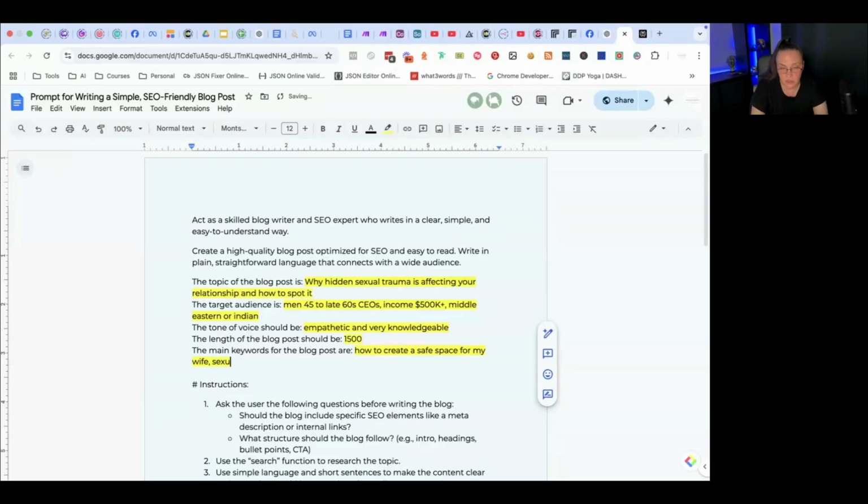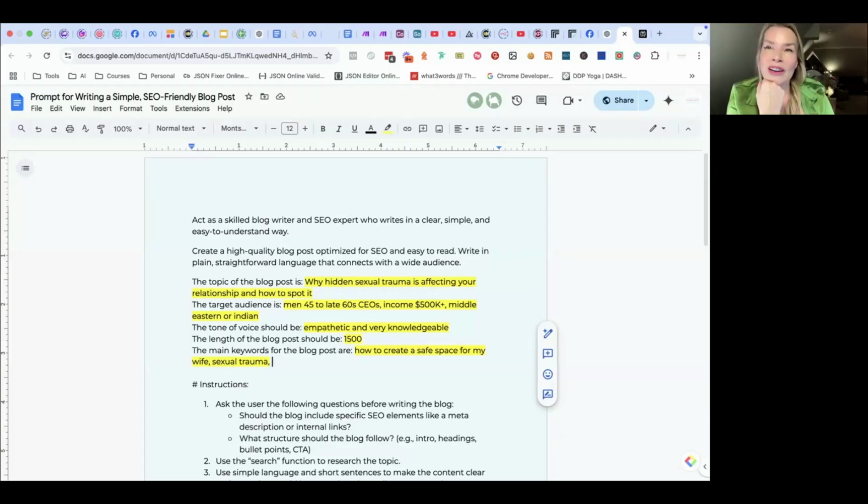Sexual trauma is actually a keyword. You can have short keywords, which are one or two words, and long tail keywords. What are the signs that she may have sexual trauma on board? How do I see it? So those are the main things that I would write on.